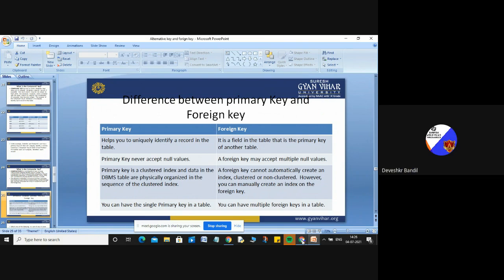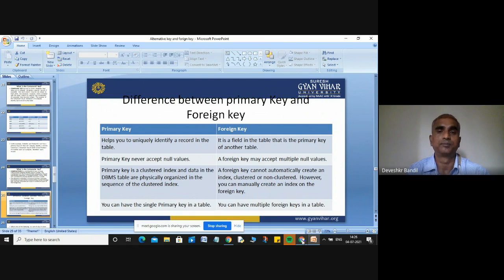Means if you are taking a primary key and a foreign key, in your table you will make only one primary key. And if we talk about the foreign key, in your table you can make multiple foreign keys.